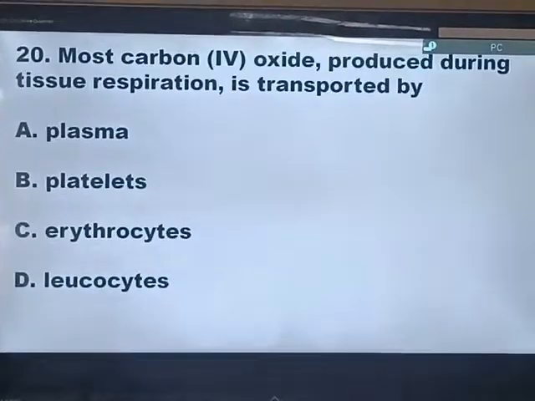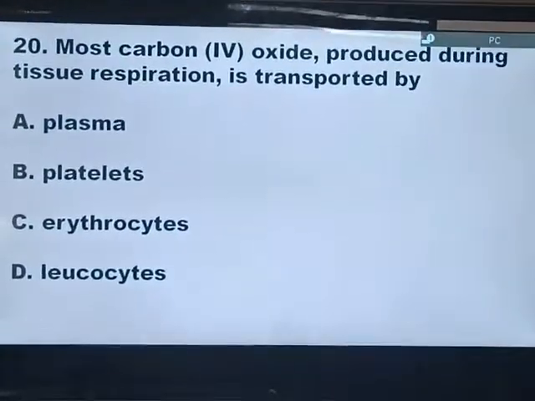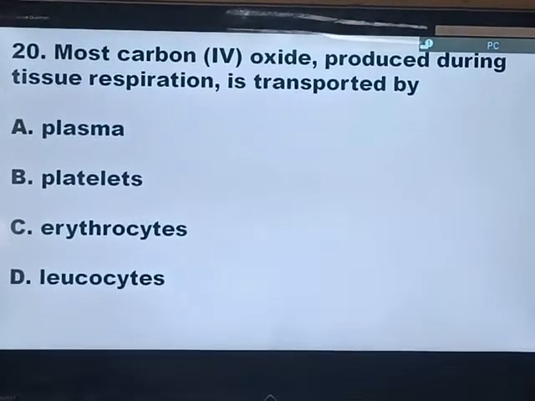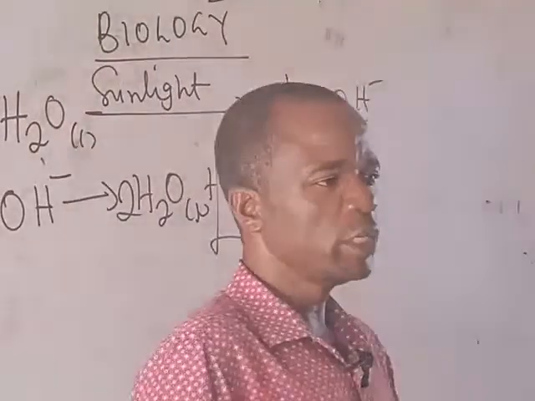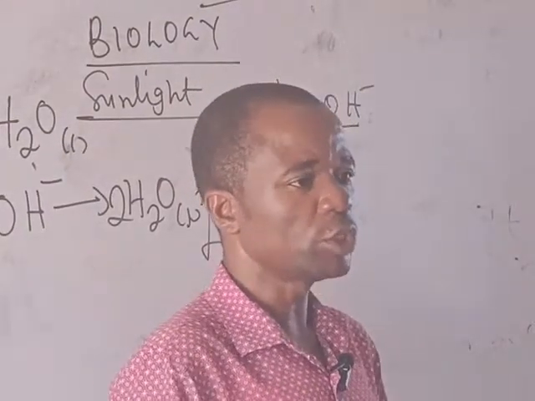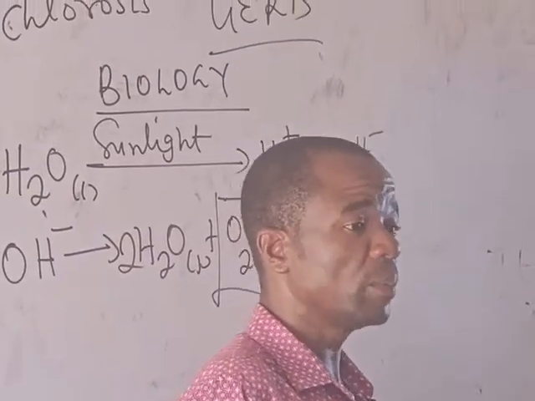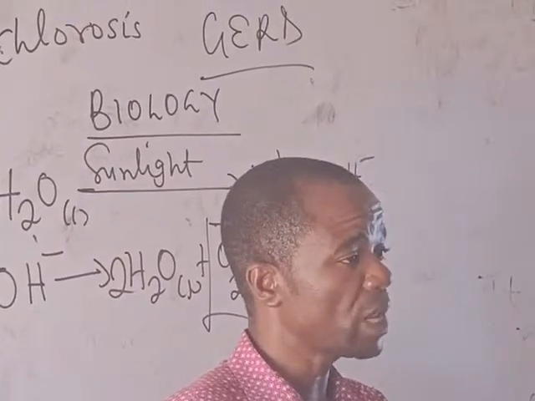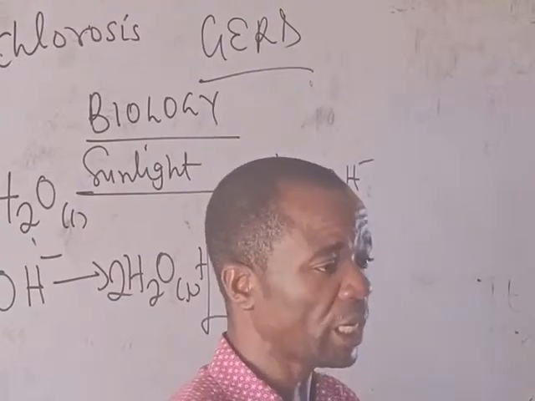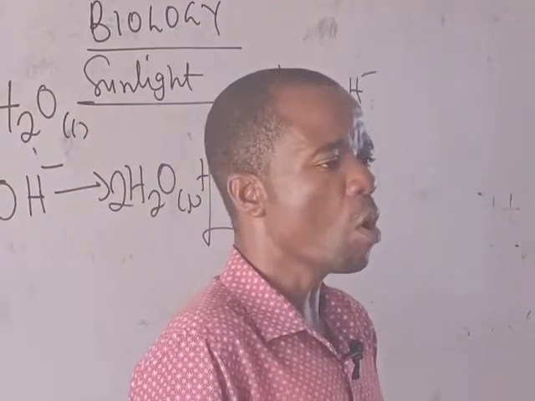So let's go to number 20. Most carbon dioxide produced during tissue respiration is transported by dash. Before we go to the options, we know that during tissue respiration, carbon dioxide is produced in our tissues. And when it is produced in the tissues, remember carbon dioxide cannot be allowed to accumulate in the body. If it is allowed to accumulate, it will dissolve in the body fluid and form carbonic acid, H2CO3,